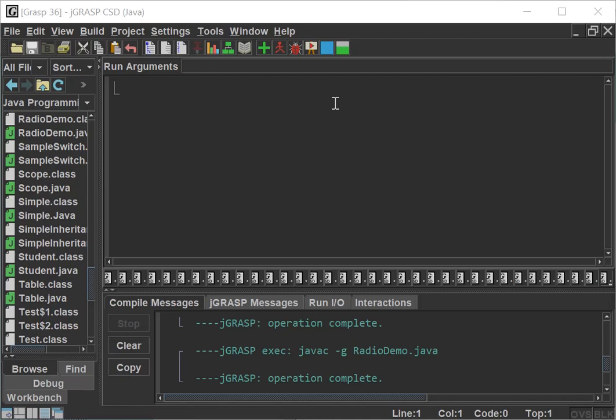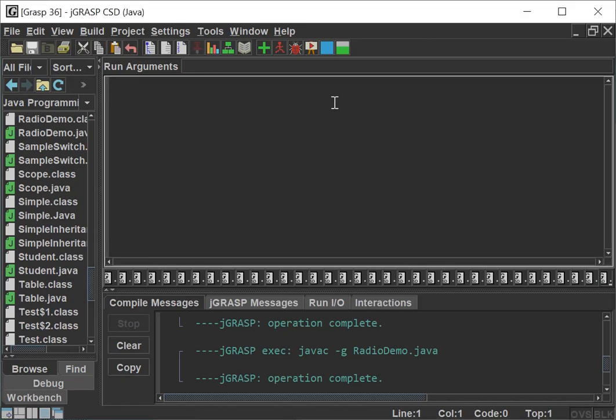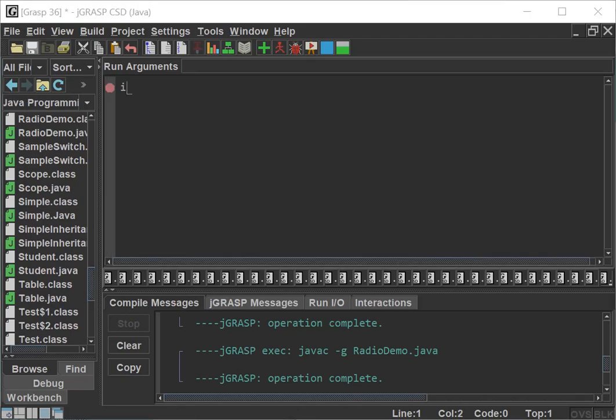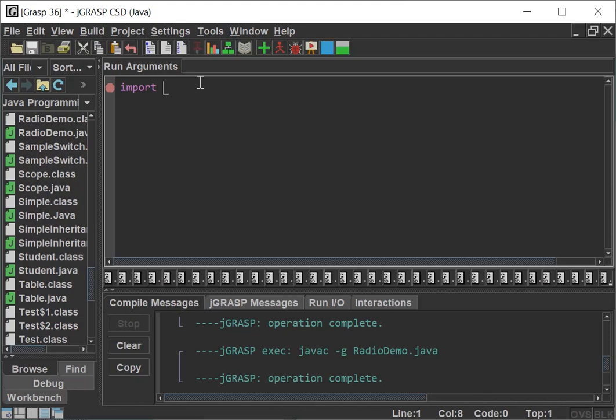So what is my first line? What do I have to import? import java.awt.*; So first I have imported the AWT package in order to utilize all the classes and methods of component classes and container classes.